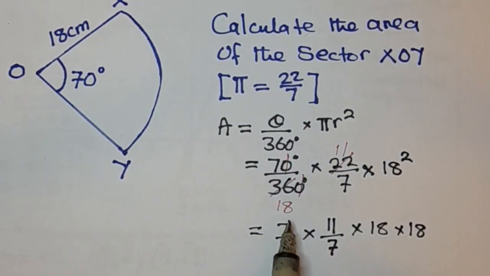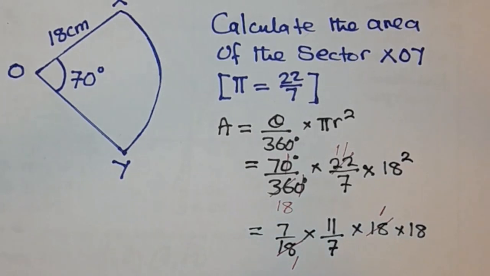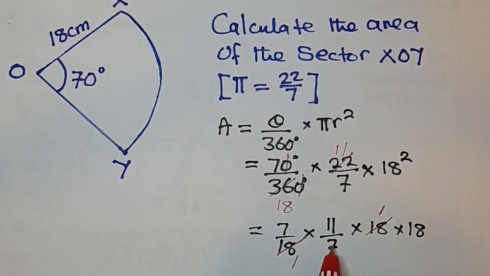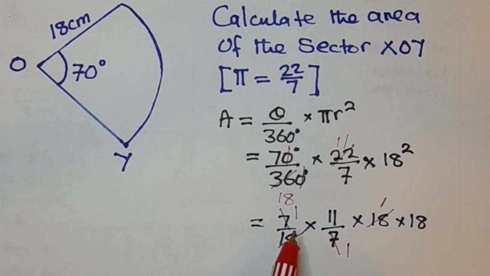So you need to be careful in the way you are working out your answers, because this is paper 1 and paper 1 does not need you to use a calculator. So you can see that at this stage 18 into 18 is 1, 18 into 18 is 1, so you can cross cancel here. Okay, again you can see that 7 into 7 is 1, 7 into 7 is 1. So what you are remaining with now is 1 times 11 is 11. 11 times 1 is